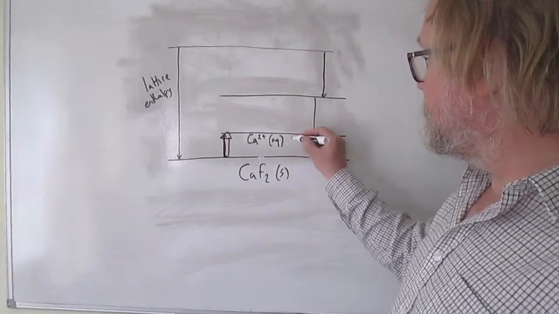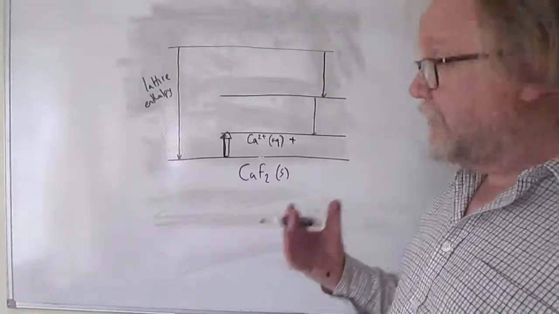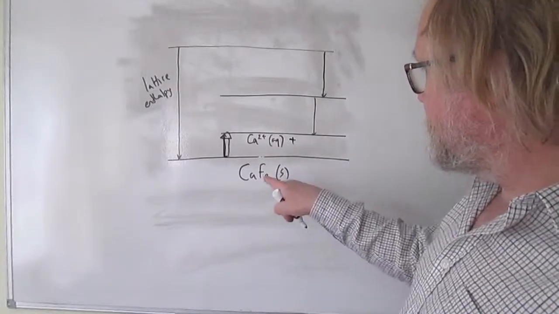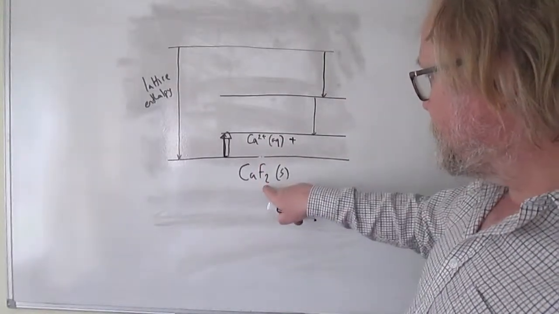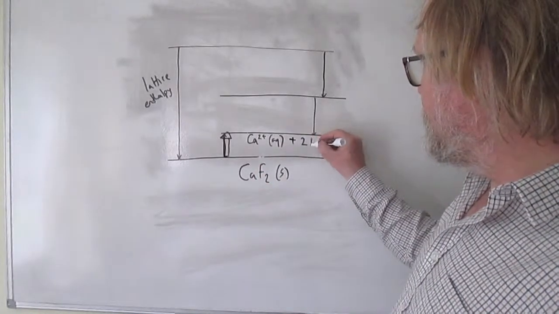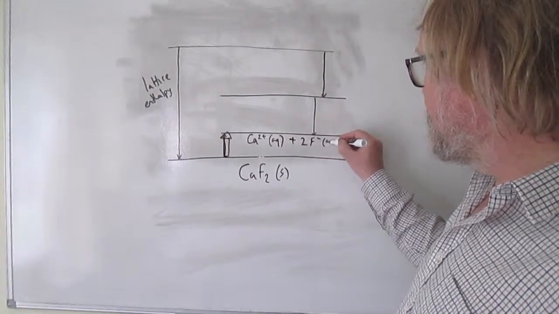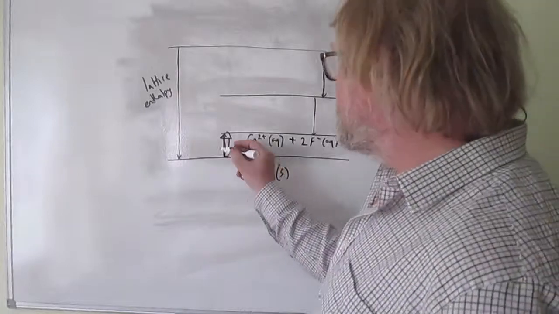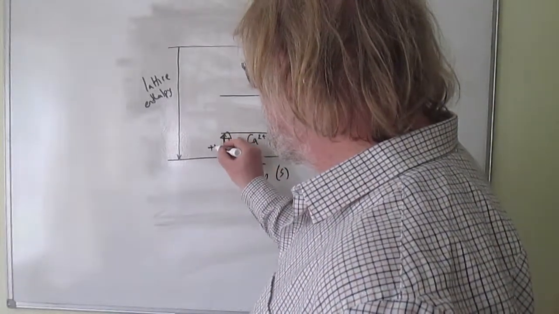And state symbols are very important in these things. You've got to put every single one in, otherwise you're going to start losing marks very quickly. So aqueous calcium ions and 2 lots of aqueous fluoride ions. So that's the overall change, which is delta H of solution, and it tells us that one is plus 13